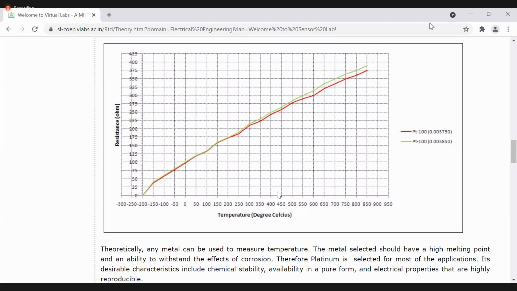Yes, sir. Okay. We have other temperature detectors. In those devices, resistance will be inversely proportional to the temperature. While we are discussing temperature sensors in our syllabus, we will come to know that. But here, RTD resistance is directly proportional to the temperature.